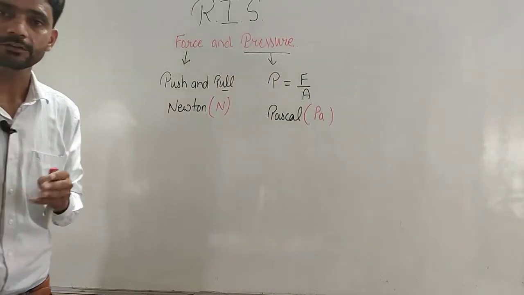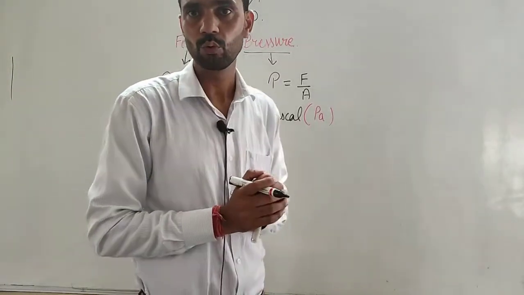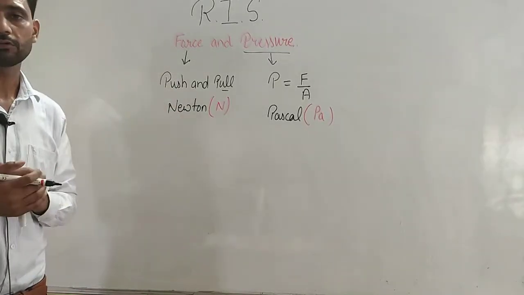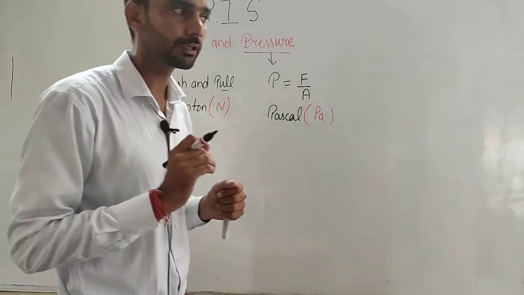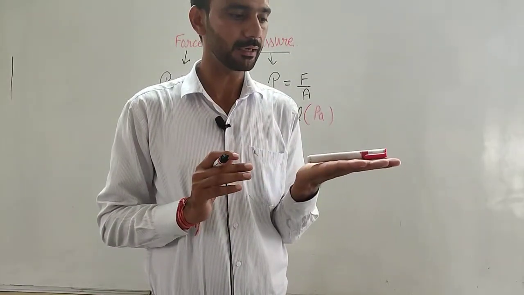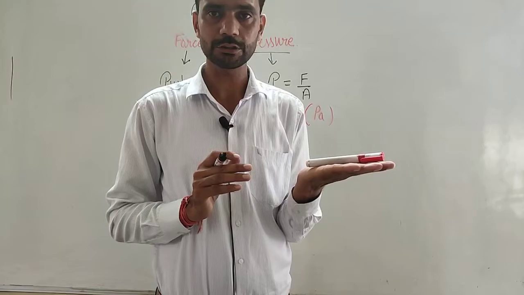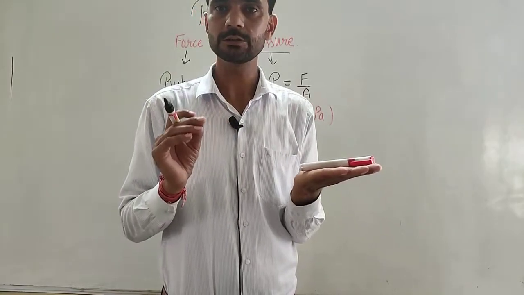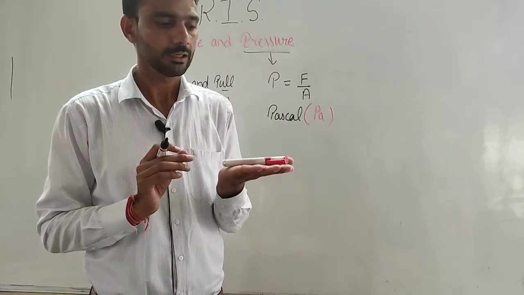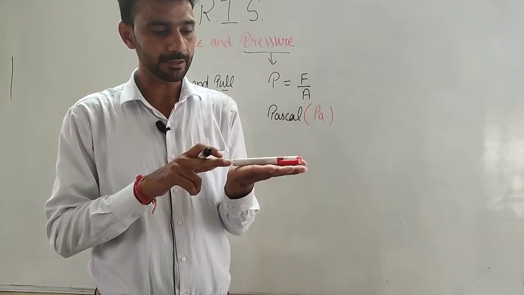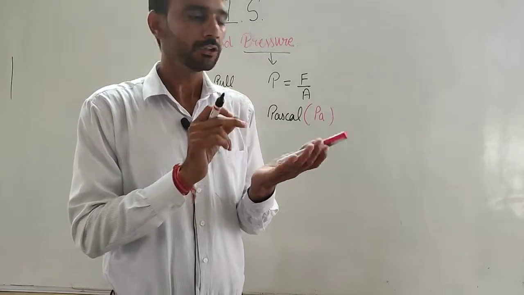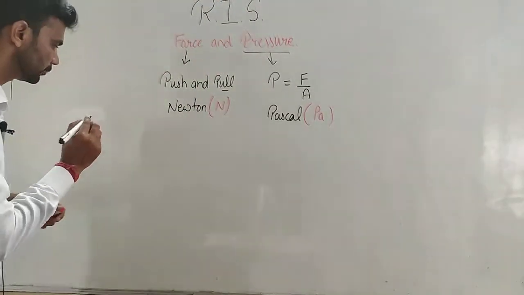Now we will discuss what a force can do, or what are the effects of a force. So we will discuss the effects of force, what a force can do. So first thing, if the object is at rest, suppose this is a pen. Now it is at rest position. Rest means not changing its position with respect to the surroundings. Now the object is at rest. When I exert a force on it, it will start moving. So force can move a stationary object.